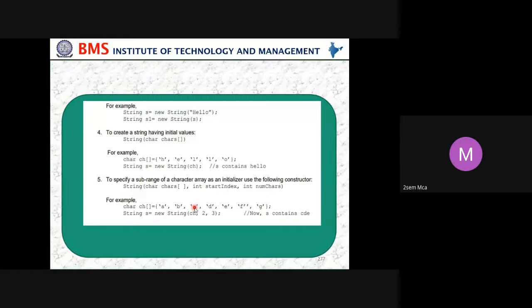How many values do we have to store? 3. The pointer usually starts from 0, first index, second index, so the third is C. Then from there 3 elements: C, D, E. So s contains C, D, and E.